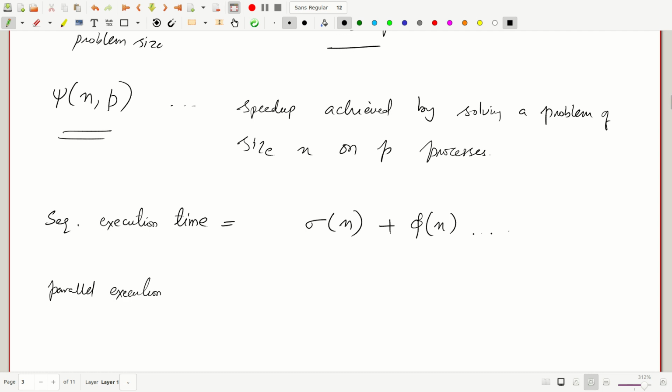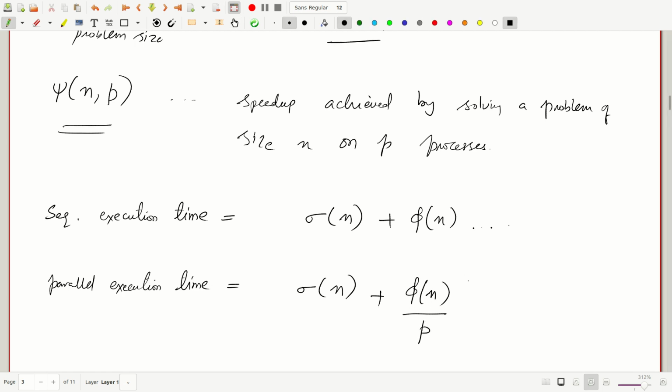The parallel execution time would be equal to, of course, the parallel algorithm still has to run the sequential part of the algorithm in series or sequence, right? So that means sigma n will still be there, and then of course you have the parallel part of the algorithm, and the parallel part could be run in parallel, so it would take, depending on the number of processes, phi n by p, right? It will only take phi n by p time, because this will be shared by all the p processes,